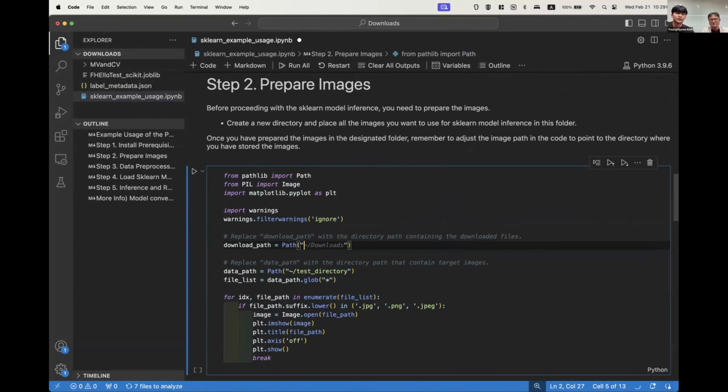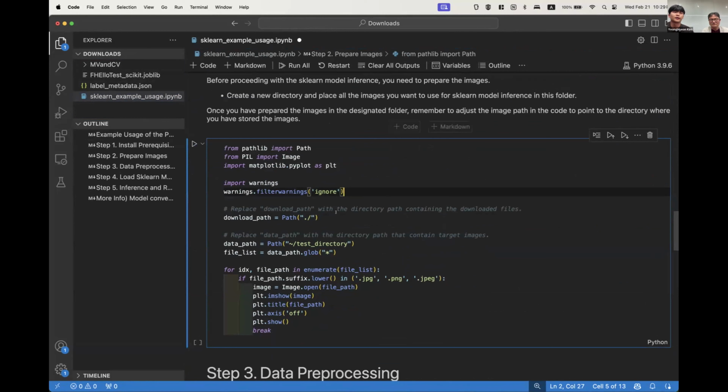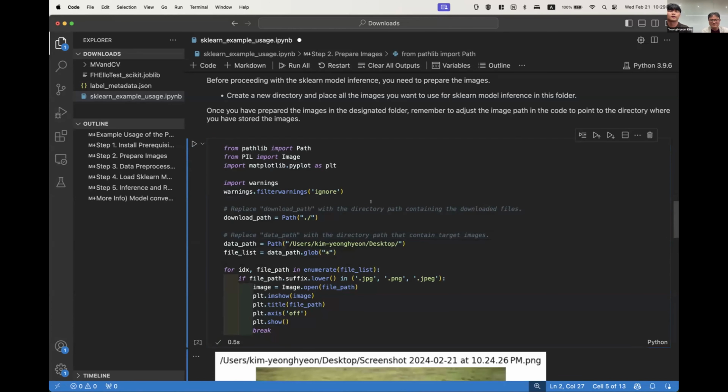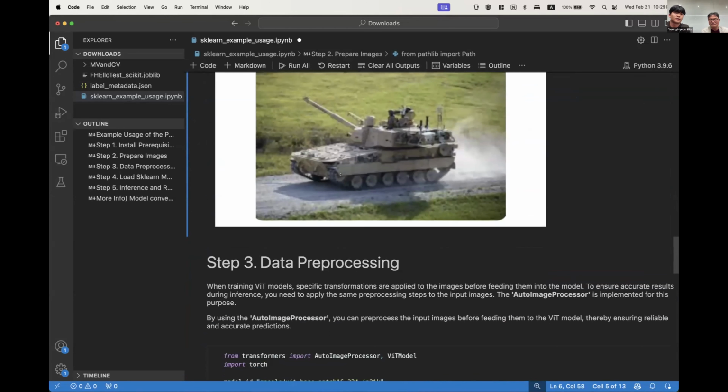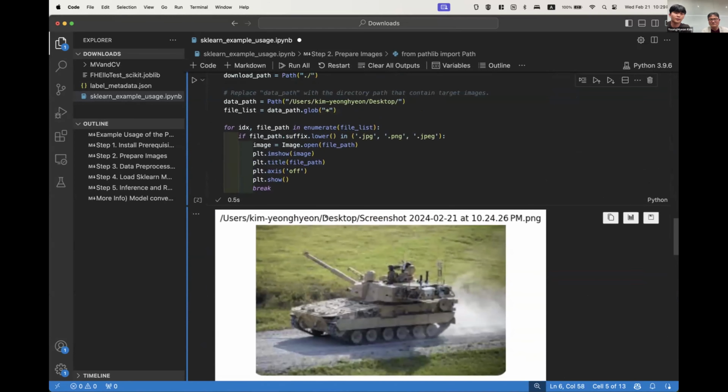So fix this, and modify the path where the image to be tested is located. I'll try to use the same image used in the AutoFHE front test. So fix. And then, as you can see, you can check the image here, in the directory.